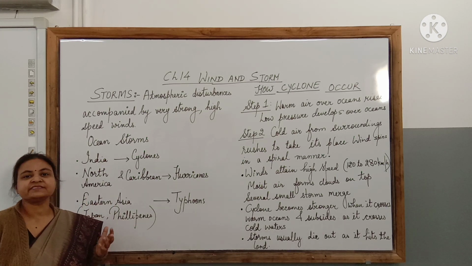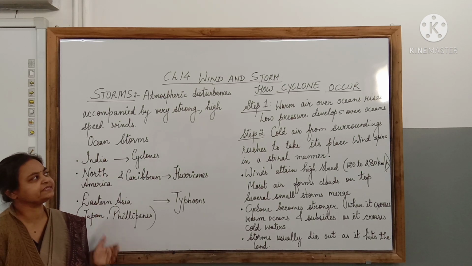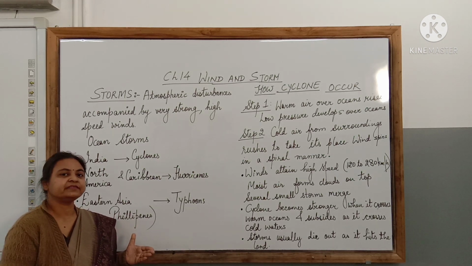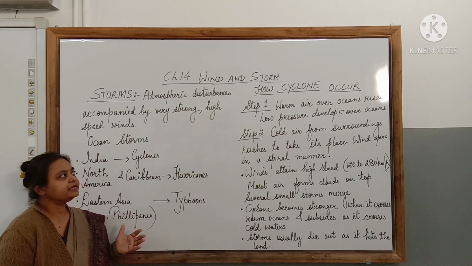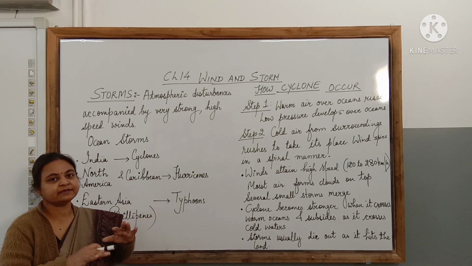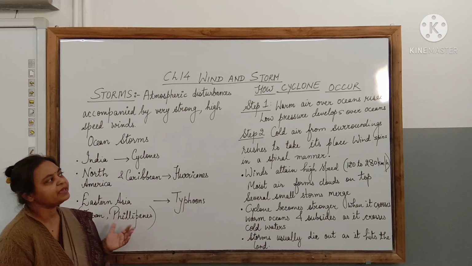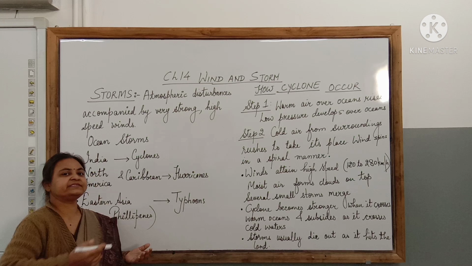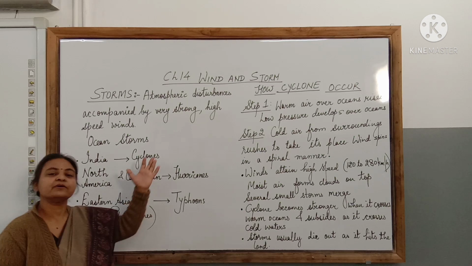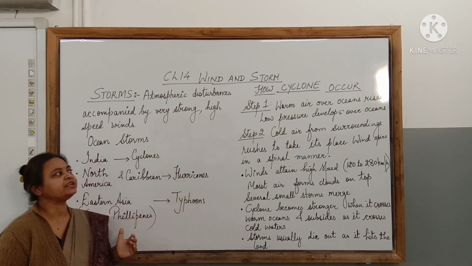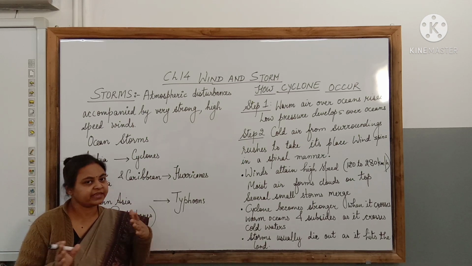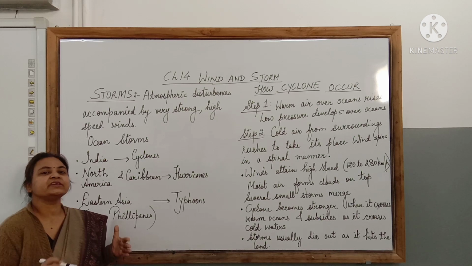Now what happens during a cyclone? Let us understand step by step. As I said, cyclones are very common near the oceans, which are warm. So the warm air, especially near the equator, where the oceans are quite warm, rises up. As the density of the air decreases, it rises up, and as the air rises, it creates a low pressure area. So there is a low pressure area over the oceans, whereas the nearby land has a high pressure area.